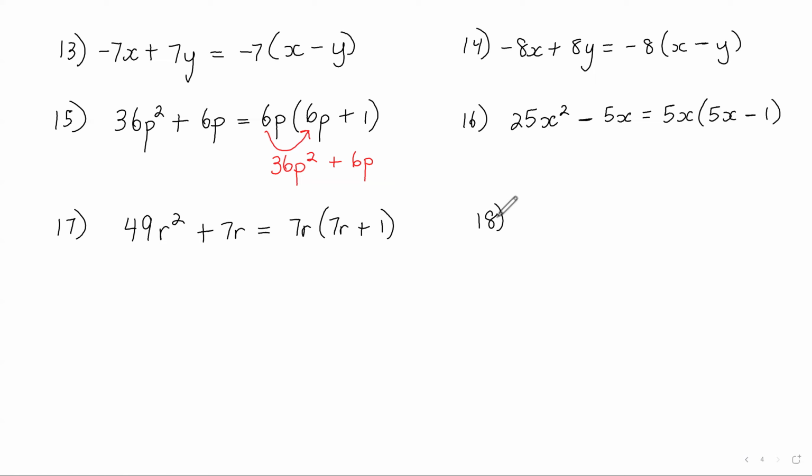What about 144a squared plus 12a? Then it will be 12a, open brackets, 12a plus 1. Perfect. Good. Safira,